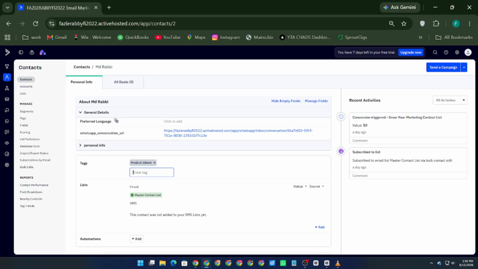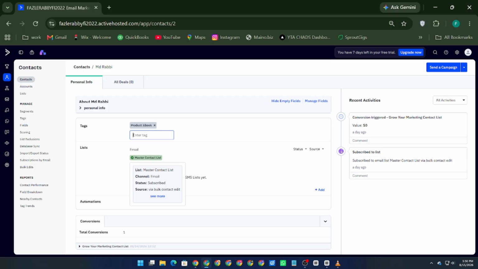desired tag. Once your tags are created, you can use them to build segments, trigger automations, or send targeted campaigns to specific groups of contacts. And that's how to create tags in